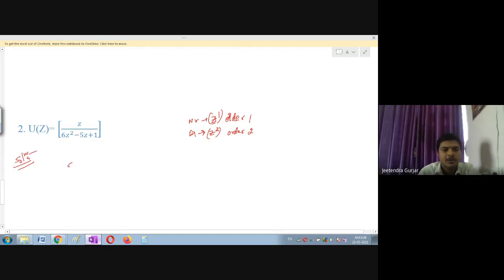So step 1, I have already told you to remember this step: whenever you express in terms of partial fractions, you first write down U of z divided by z. Please remember this, students. Don't take U of z directly and try to find the partial fractions. You will get confused. So first you write it like this. Then you go on simplifying the remaining terms, students. So don't get confused here.